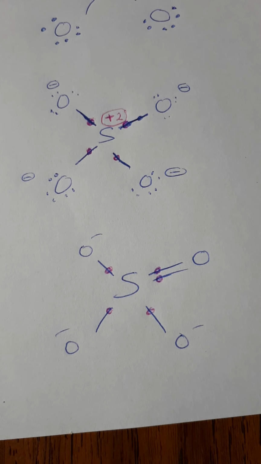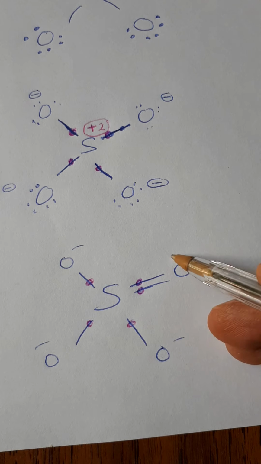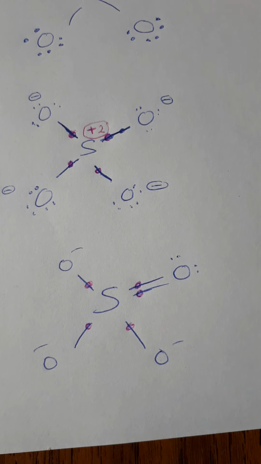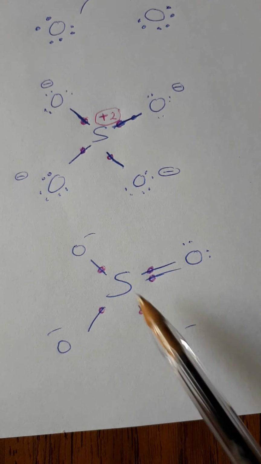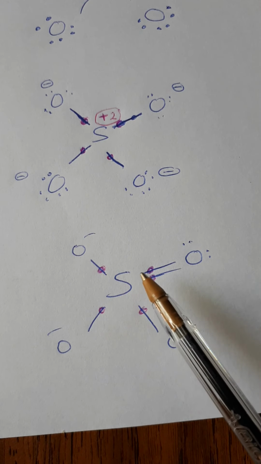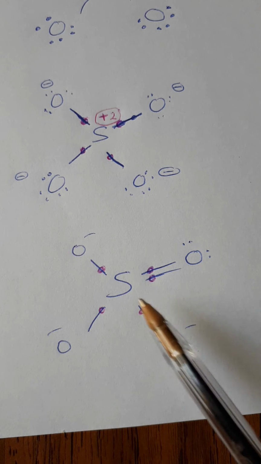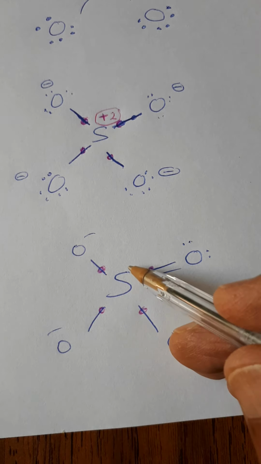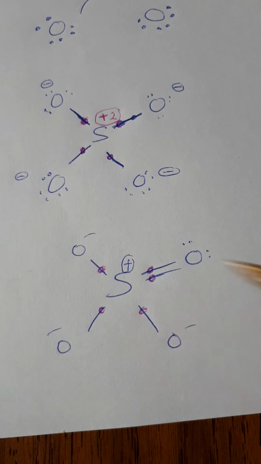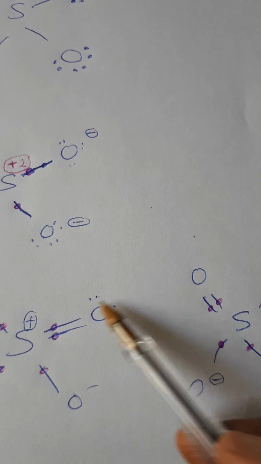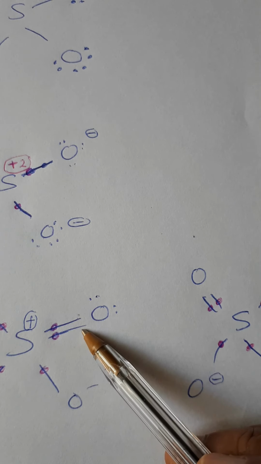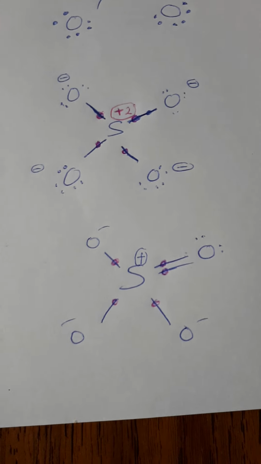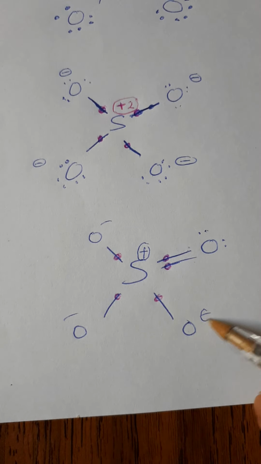Now the new situation is like this. Now sulfur has 5 electrons in its immediate neighborhood. Instead of 6, now it has 5. It has lost only 1 electron now. So it has a formal charge of +1. Oxygen now 1, 2, 3, 4, 5, 6. So it has its 6, no charge now. So these are the new formal charge situation. We have to circle them.